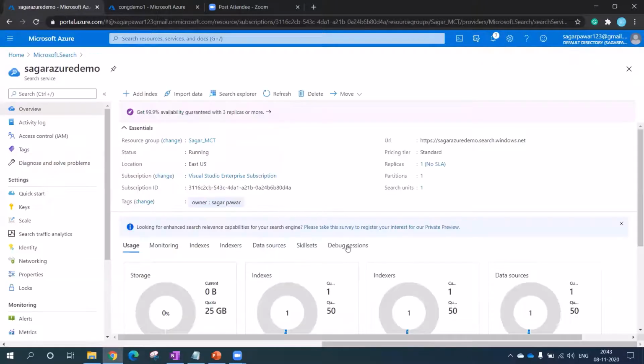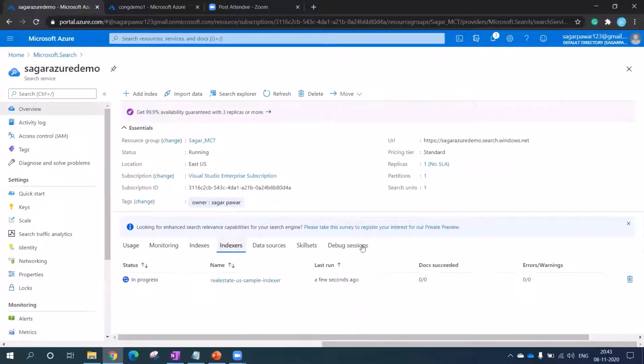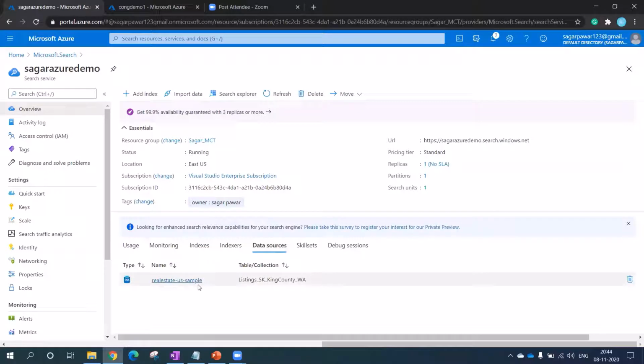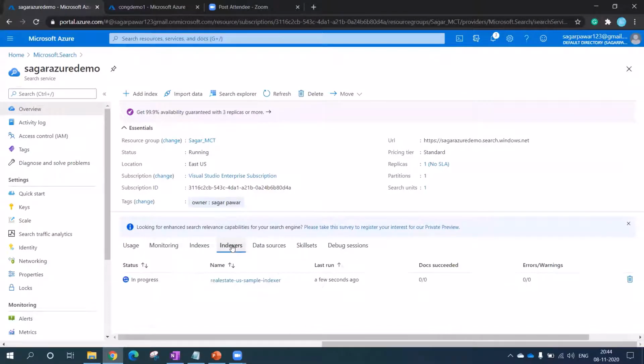Over here, you can go to the indexer and you can see that it is in progress. So basically the data is getting uploaded over here, and indexes are also getting created for that. Okay, it takes some time, right? Index, you can see there is no index as of now. Once it completes, then you can see the index over here as well. Data source, we can see the data source which we selected for this demo. Then skillset, you can see over here. So we'll wait for some time.